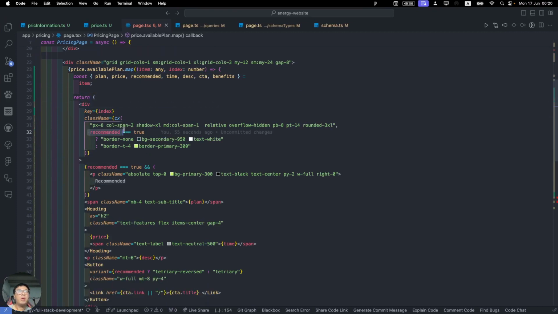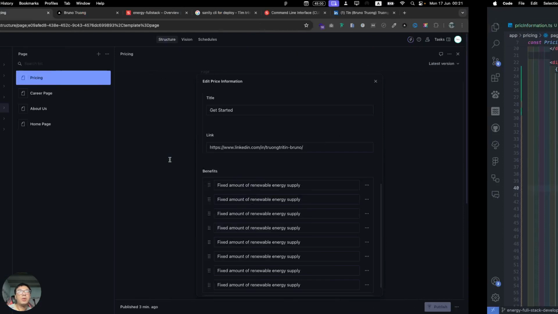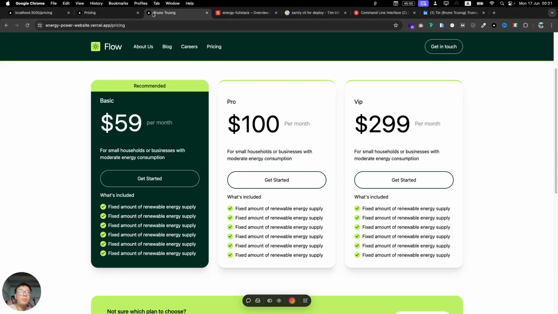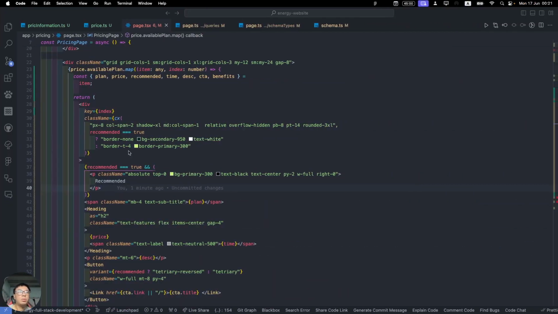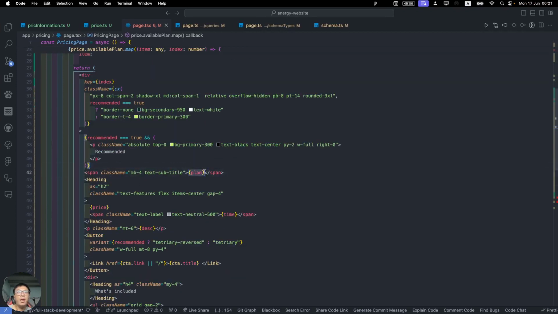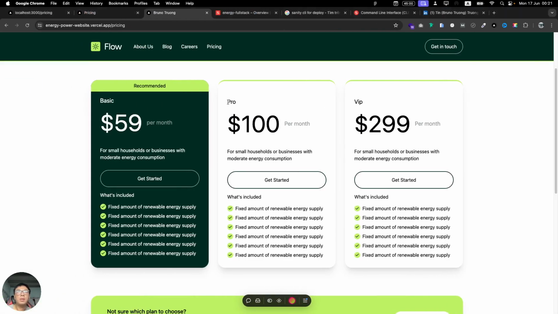If the item has the recommendations equal to true, it will return a different style, and if not, it will return a different style. Also for the recommends on the top, you will see that this one has a recommend panel and this one does not, so it's also based on the recommendations. And for the next one we have the plan, so the plan is the pro and the VIP, and we have